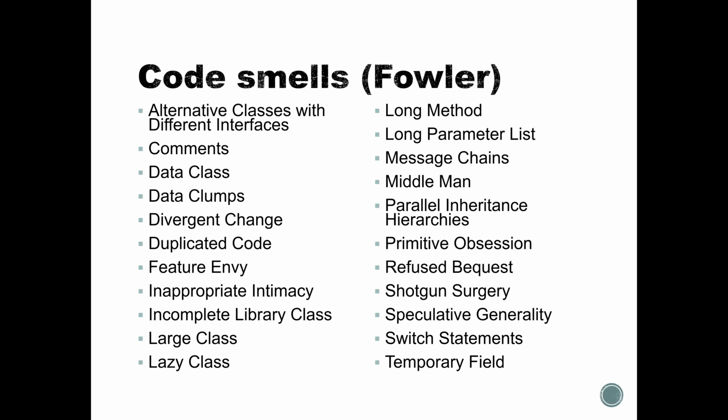A message chain means there is one class which is referring to another class, and it may happen that the other class is also referring to another class. And then by the end, it is very inefficient to work on such classes because the readability is very low for such code. There is another parameter which is middleman, which basically is a class that exists solely